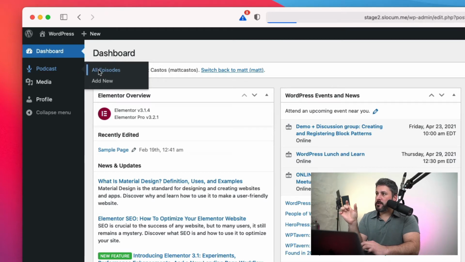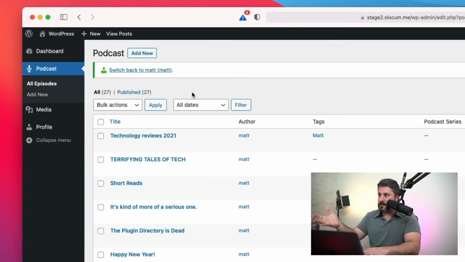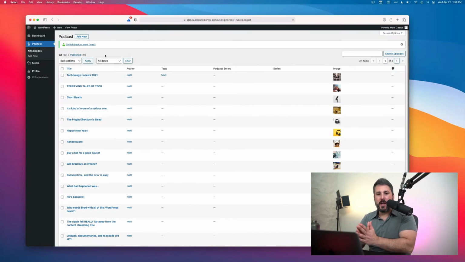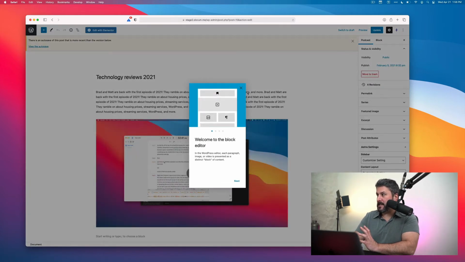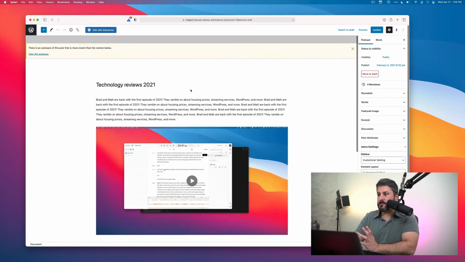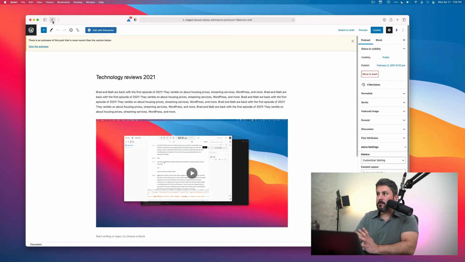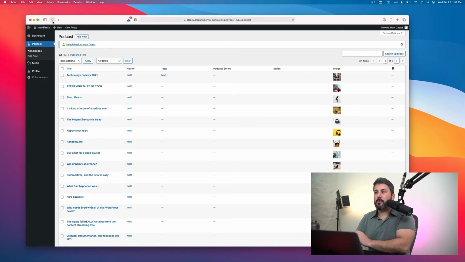And then when we click on all episodes, I do have access to all of the episodes. So as the podcast editor, I can go in, I can upload episodes, I can create new episodes, I can modify existing episodes or past published episodes. I have all that control down to the individual podcast level. Okay, now we'll switch back